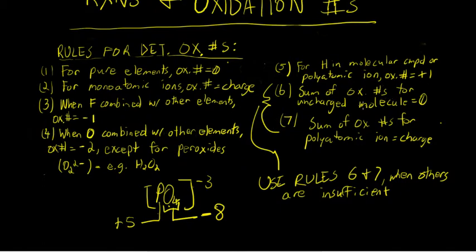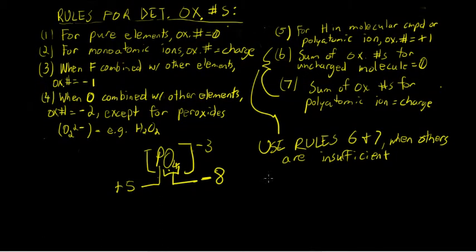What about an example that exploits this rule here? The sum of oxidation numbers for an uncharged molecule is 0. So if we look at N2O, this is nitrous oxide. We know the sum of the oxidation numbers here must be 0. So then this must be, well, we know oxygen is -2 because this is not a peroxide, right? So if the total is 0, we have 2 nitrogens, then each of these must be +1,